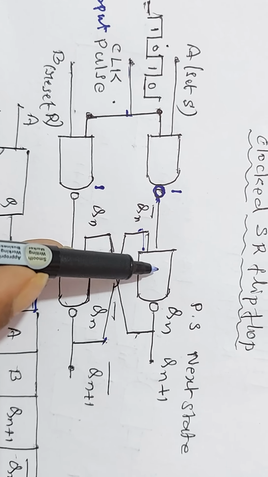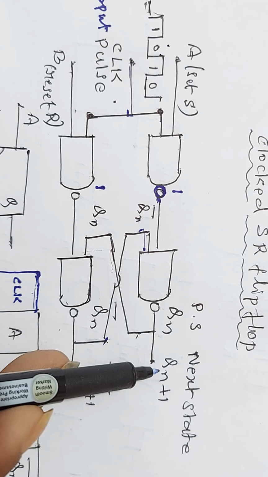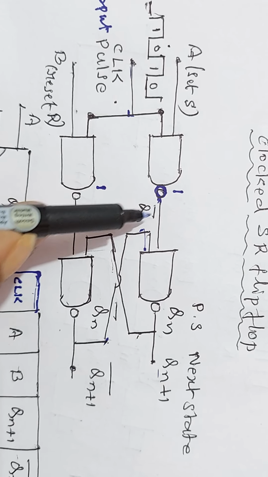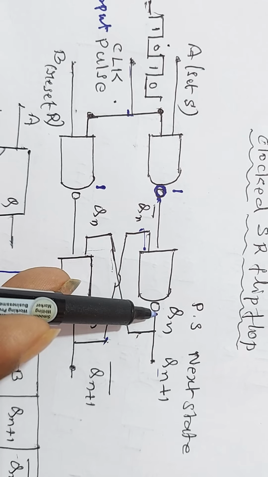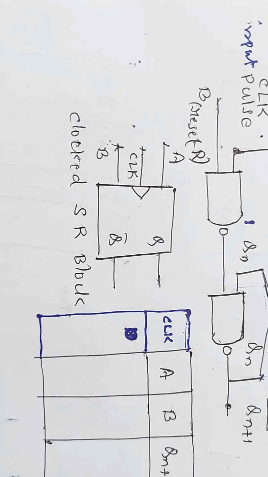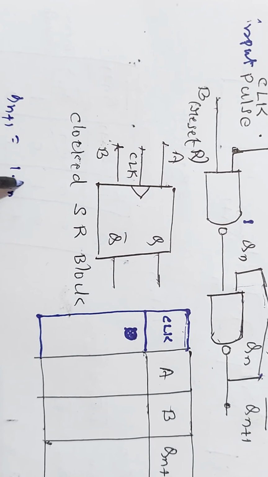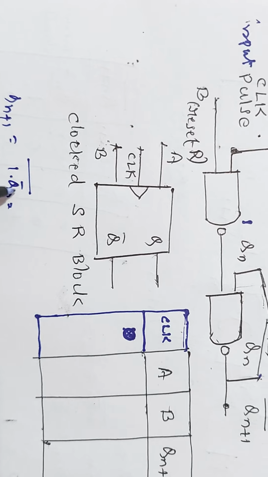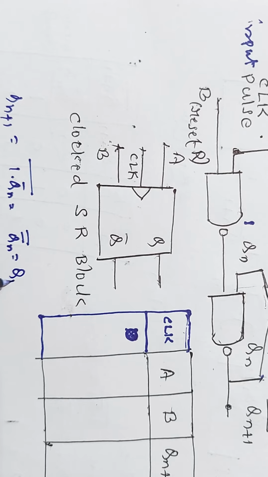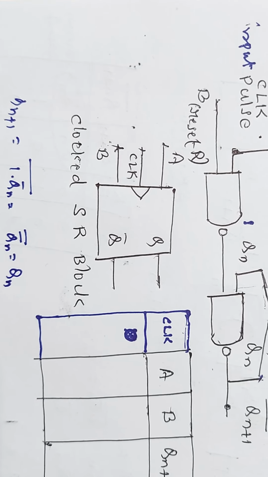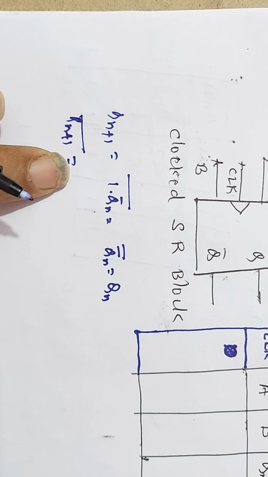Now the inputs for this NAND gate are 1 and Qn bar. Therefore the final output Qn plus 1 is equal to 1 into Qn bar, whole bar, which is equal to Qn bar itself whole bar, which is equal to Qn itself. Similarly, Qn plus 1 bar is equal to,